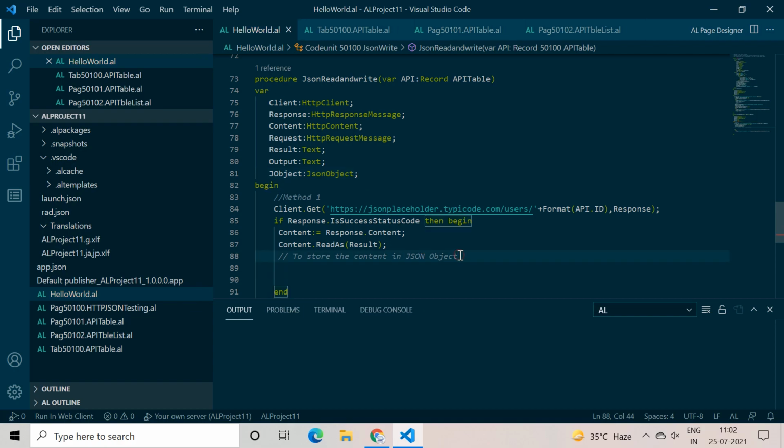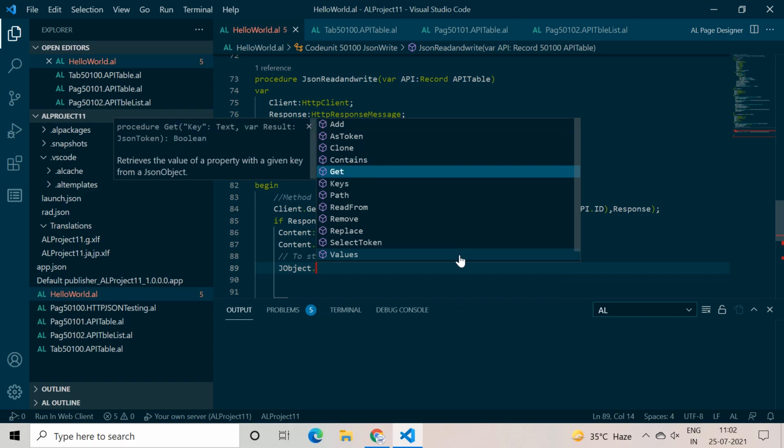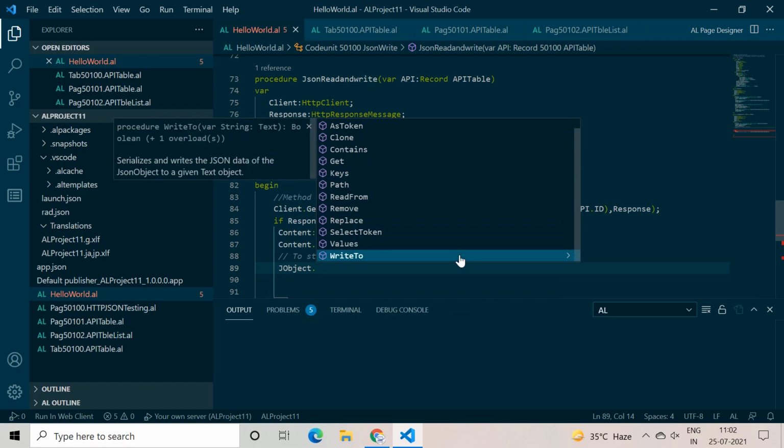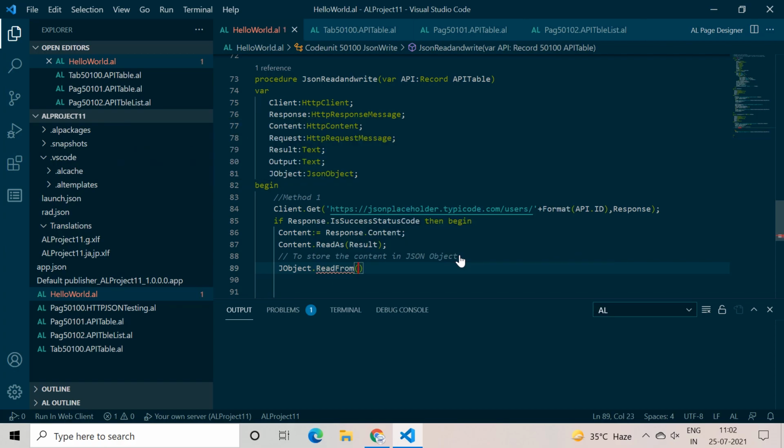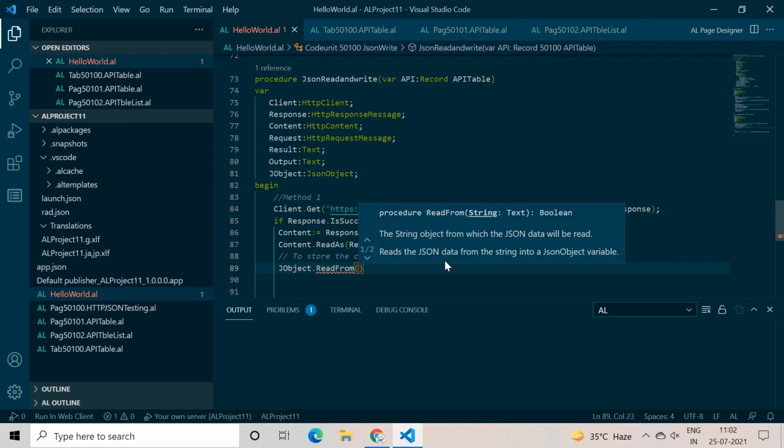We have one function available called ReadFrom. When you press Ctrl+Shift+Space, you will find that we can read the data into the JSON object either from a string or from an in stream.